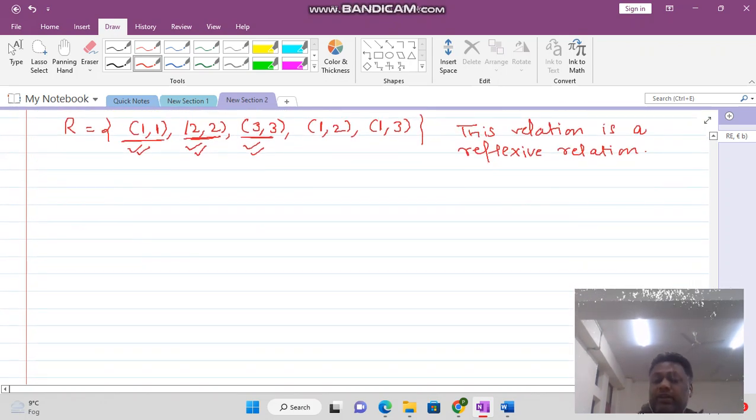Now we consider one more example. Suppose that we have this set A. In this we have, suppose, 1, 2, 3. But in the relation